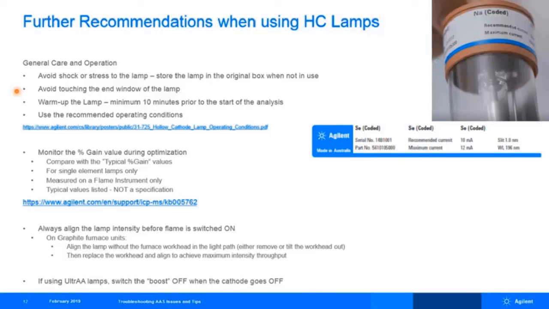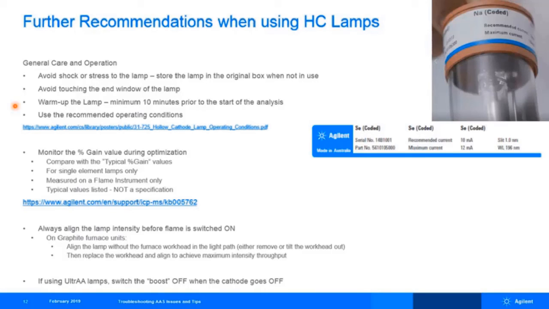The oils and grease from your skin can build up on this surface, and that can reduce the transmission of light into the optics, degrading performance. Now, of course, that's even more critical for elements that have their emission wavelengths in the UV region, or for elements that are relatively low intensity, such as lamps for arsenic, selenium, and nickel.